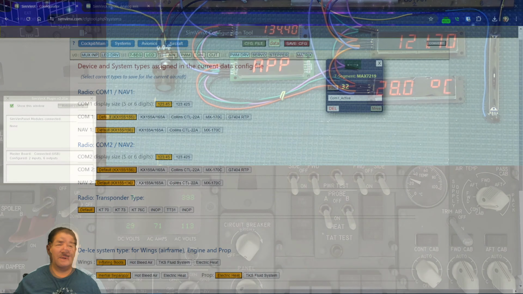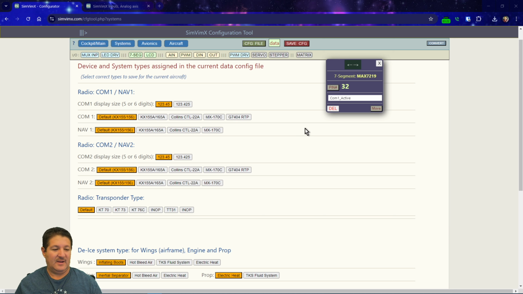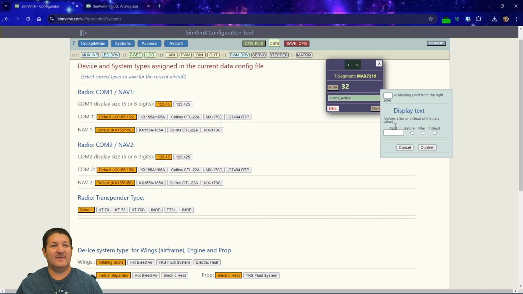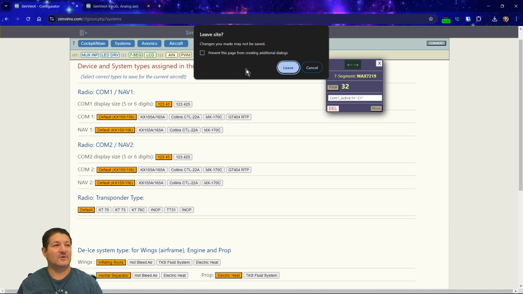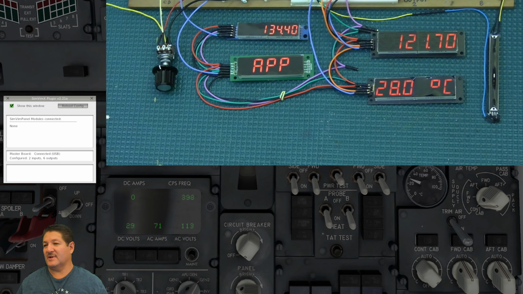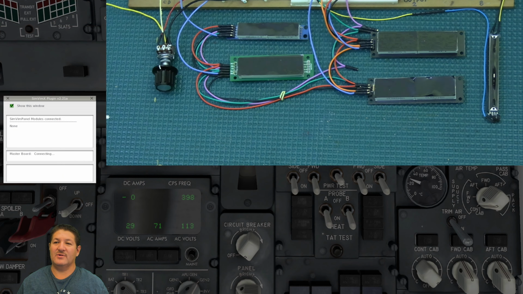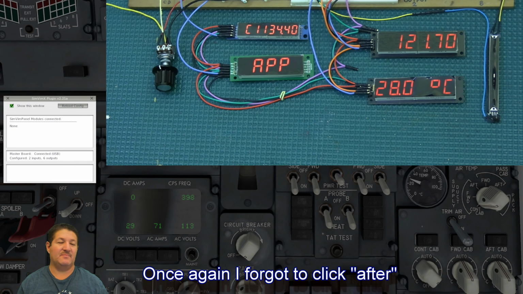So what we're going to do is go back over to the website here, and that one is going to be on display number 32, which is COM1 active. So we can click on that, and we're going to put the text. We're just going to put a space, a capital C, and a 1, and confirm it, and then save the configuration file one more time. Then we can go back over to the simulator, reload the configuration file, and oops, I messed up and put it before. So you can see that it says COM1